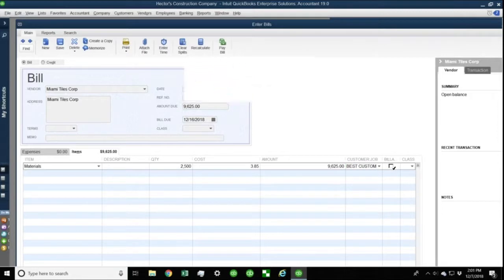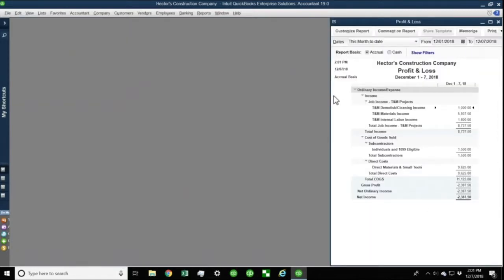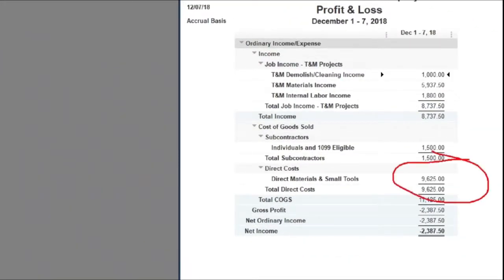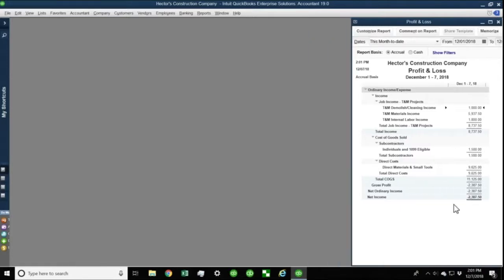And I'm going to uncheck billable, save and close. So now we're going to see an additional item in our profit and loss, which is our direct materials and small tools. Perfect. Okay. So now that we have half of the invoice invoiced,